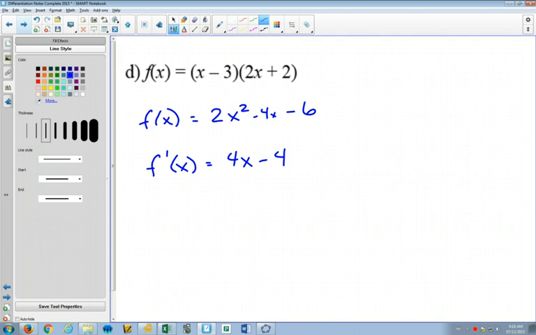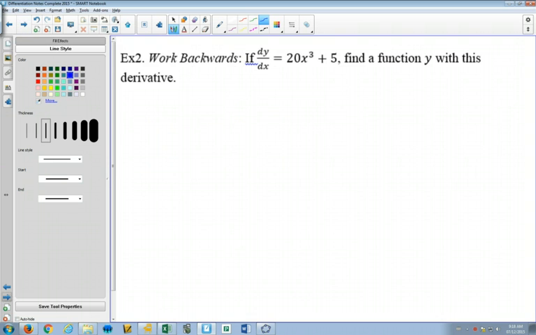And I saw some of you already worked on the working backwards. For me, one of the things for working backwards at this stage that I find helpful, I say, well, I have an x to the 3, so that means I had to have an x to the 4 before that. What number would I have to have in front in order for it later to become a 20? It would have to be a 5. So that's sort of the strategy that I use when working backwards. I start with my exponent, and then I look at my number in front. And if I just had a 5,